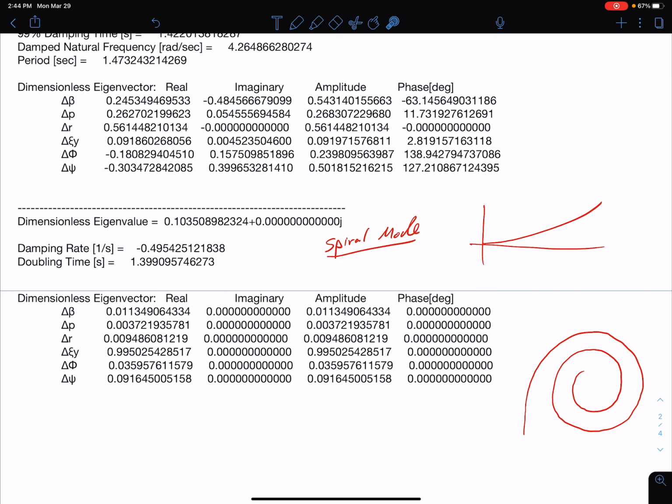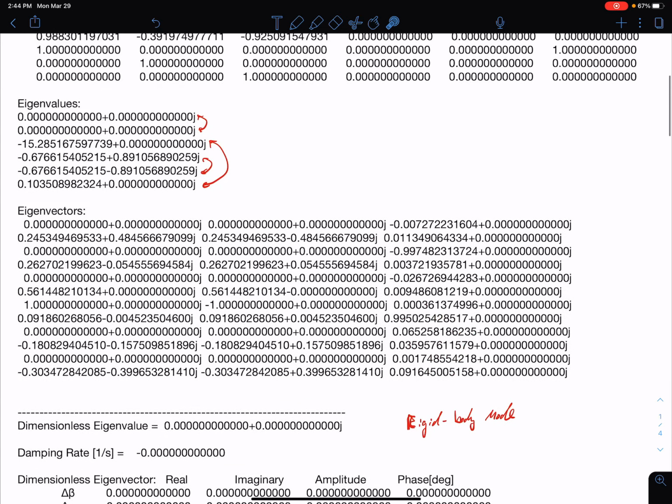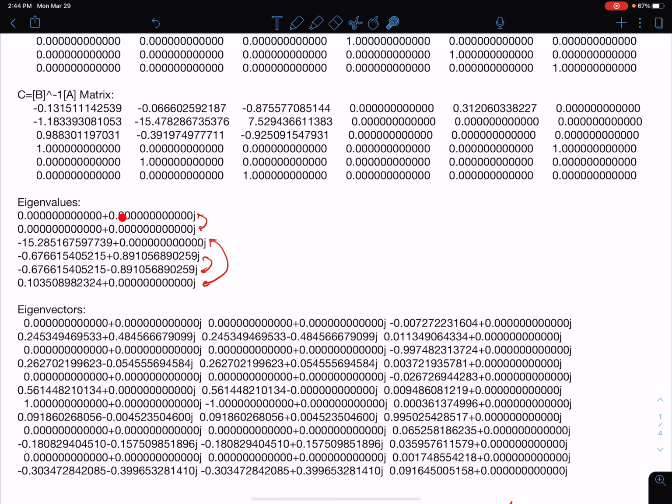Now for a glider, if you don't have any controls on that glider, then of course you would want the spiral mode probably to be convergent so that your glider doesn't naturally go into this spiraling motion here. So anyway, this is, again, the spiral mode. Now, the spiral mode and the roll mode are coupled, right? So they are mathematically coupled. If we come back up here to our list of eigenvalues, remember these are our 2 rigid body modes. Right here is the Dutch roll mode. And so we have the roll mode and the spiral mode that are mathematically coupled. Somehow the mathematics of those are coupling in our dynamic system of equations.